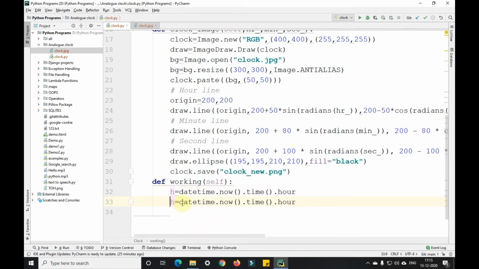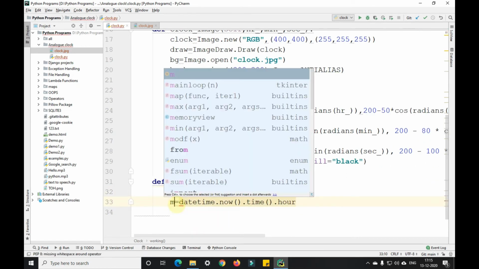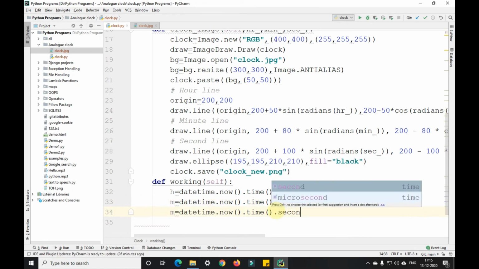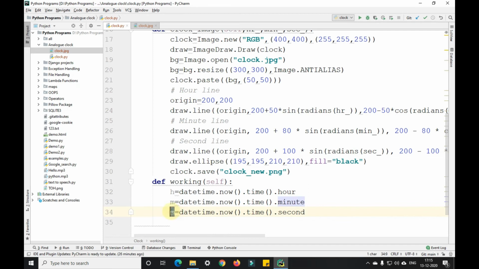In the same way, we need to take m here, datetime.now().time().minute here. In the same way, second here. Okay, so we have successfully fetched the hour, minute, and seconds from the datetime.now function, datetime function.